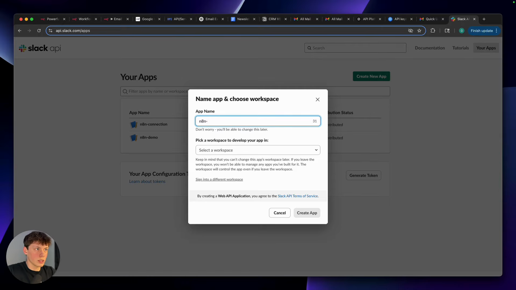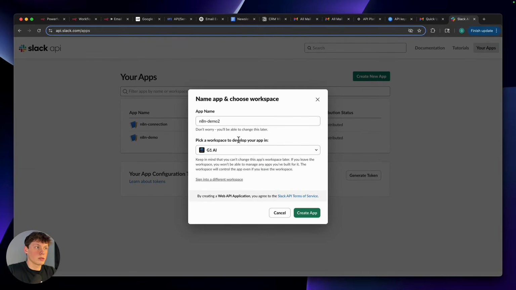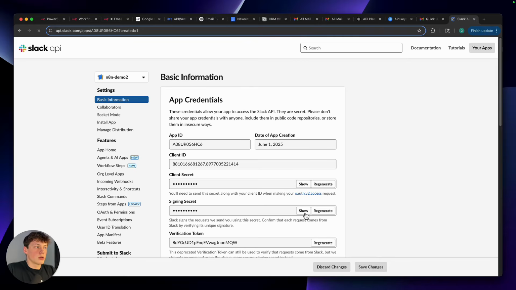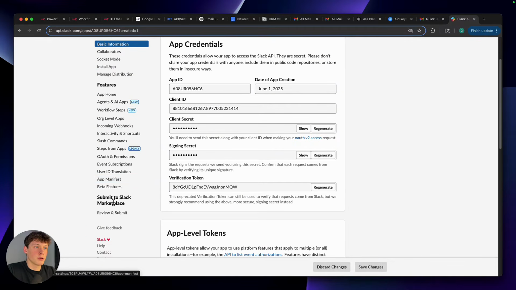So I'll do n8n demo. You can see mine was n8n connection, n8n connect, something like that, so you know what it is later. I'm going to do demo 2. Select the workspace. So whatever workspace you want to do this inside of, select it here. Create app. And then from here, we're just going to go down on the menu here on the left side,